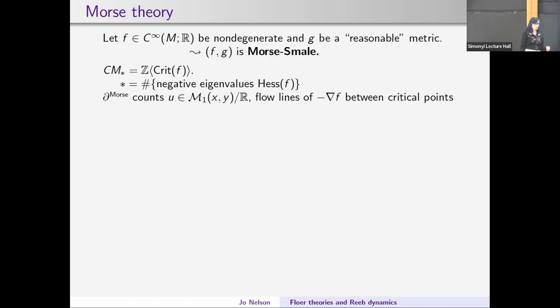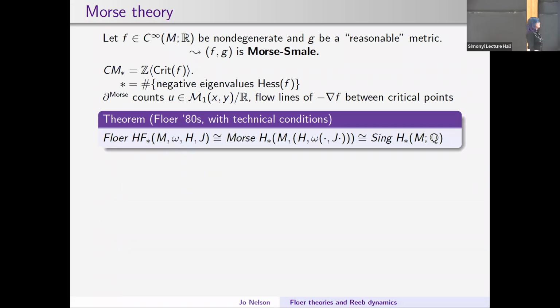The gradient is going to be given by the number of negative eigenvalues of the Hessian. And then the Morse differential is going to count index difference 1 trajectories modulo an R action. And those index difference 1 trajectories need to be trajectories of the negative gradient flow equation between critical points. And Floer souped up this version of Morse theory, thinking about it from the perspective that Witten